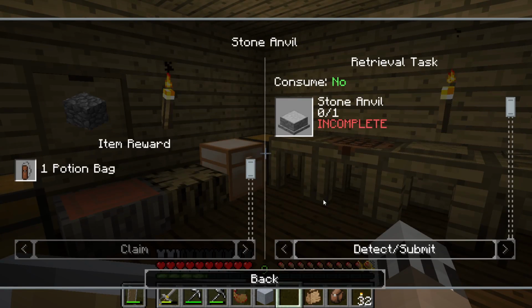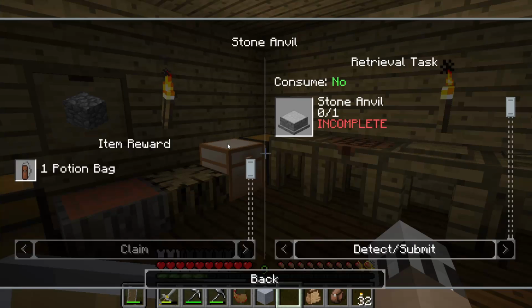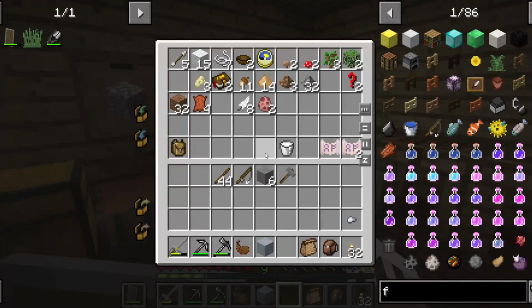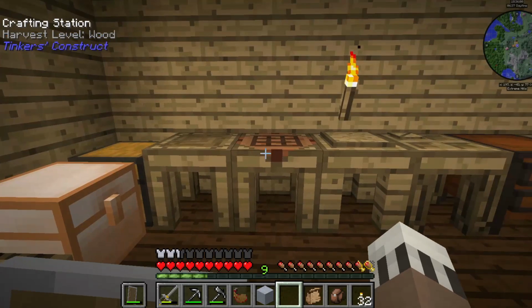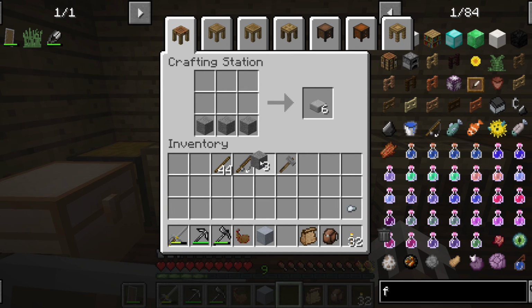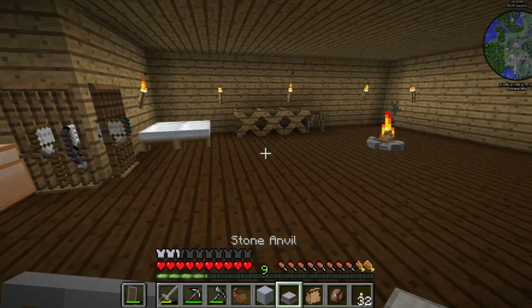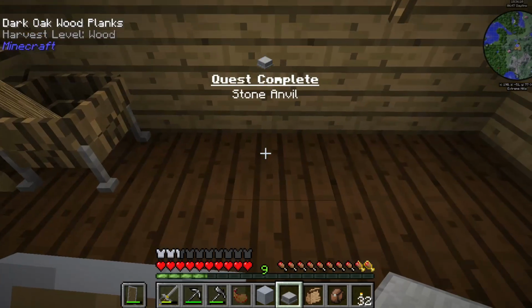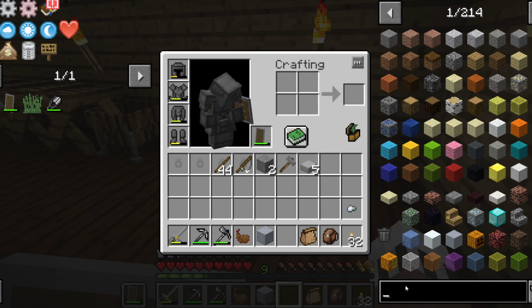Next challenge will be a stone anvil. Now, for the stone anvil, it's just stone, slab, and stone. That's why I smelted up a bunch of stone, because I knew we were gonna need it. So we can just make that. Put that there, put that there. Boom, we got an anvil. All we can do now is just put that there. Then what I like to do is make